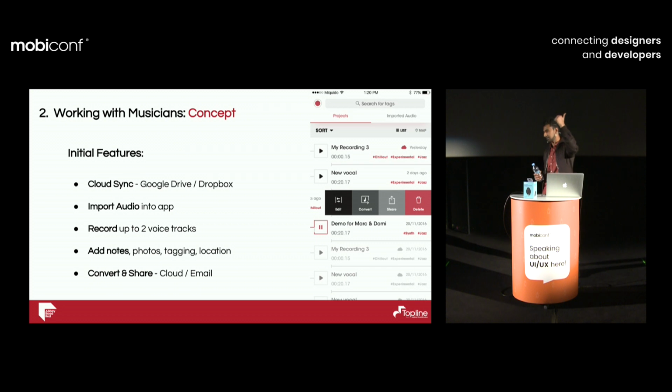So we decided that we're going to do capturing song ideas on the move. That's the most common one. A lot of these guys were saying they were using voice notes as well, which is fine. Before I discovered Topline, before Topline was available, I'm a voice notes guy, always business ideas, because as we run the incubator, I'm always in the entrepreneurship, music, tech field. So if I've got any ideas for work or personally, I'm always on voice notes. It saves having to write it down. And now Topline